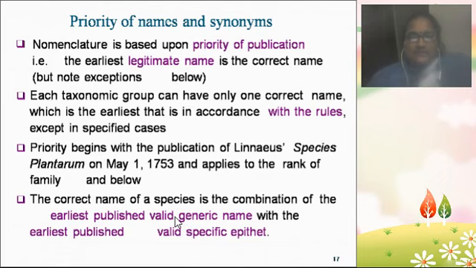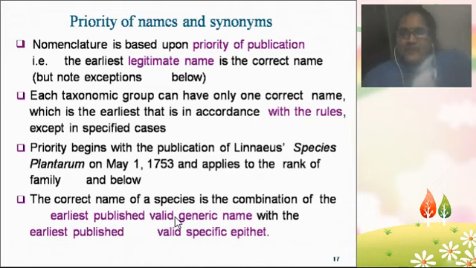Suppose two persons are involved. For example, I identified a plant and I gave it a name, but that name is not following any rules, regulations and procedures. After me, some person came and identified the same plant again, and he gave a name following all the rules, guidelines and procedures. Then whose name is accepted by ICBN? My name will be rejected and his name will be accepted. So it differs from case to case.